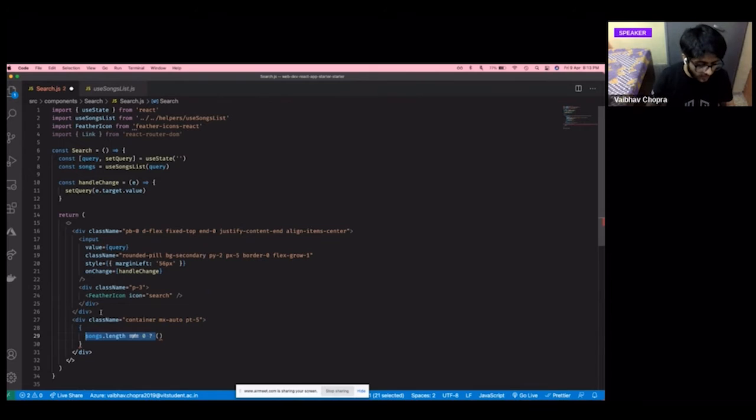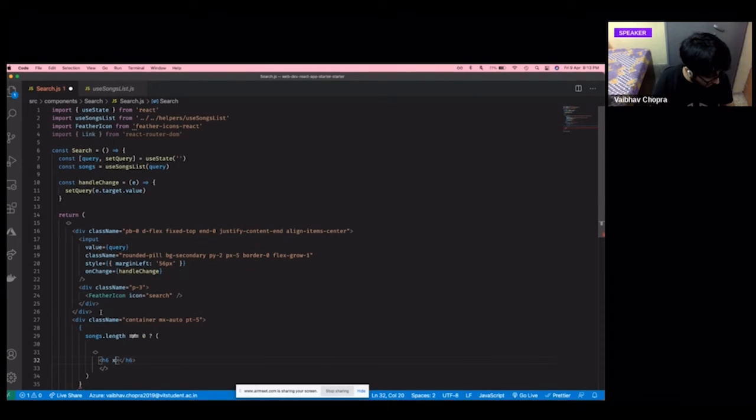So now going ahead, we will do a map over the components. If it is not 0, again I'll use a fragment where first of all I'll have a heading, obviously.